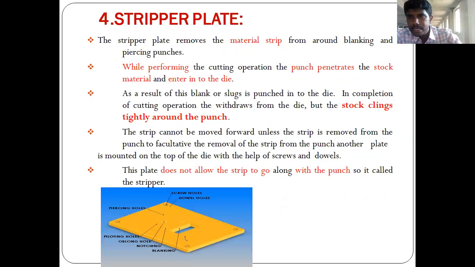The next is the stripper plate. What does the stripper plate do? It removes the material strip around the blanking and piercing punches. You can see here on this side,